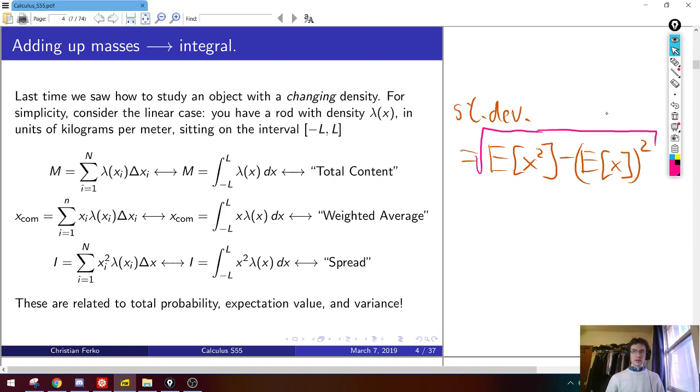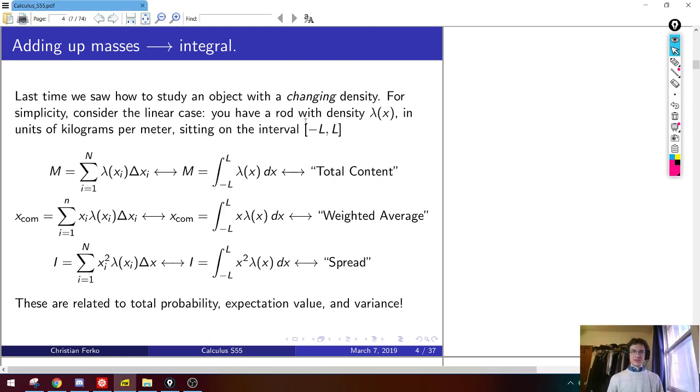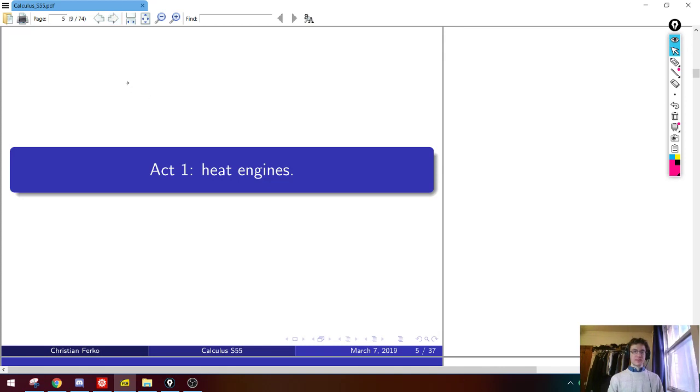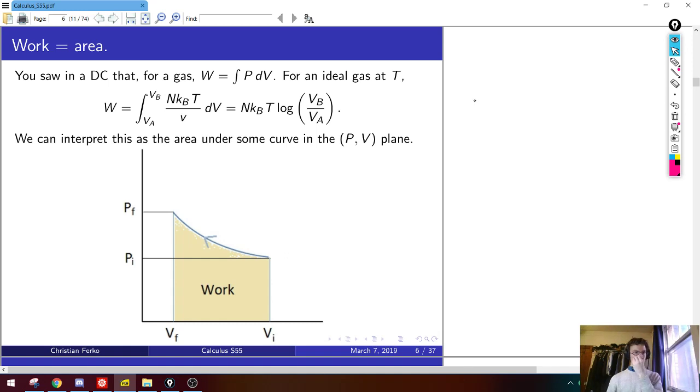Okay. All right, good. Well, let's finish the gas stuff first, since that was lingering from last time. So I was trying to convince you that integrals are useful in science, and we were talking about applications of integrals to ideal gases, beyond just proving the ideal gas law. So we got the barometric formula that tells you that pressure drops off exponentially under certain assumptions, and now I want to tell you about the beginning of modeling engines and understanding how you could do work with an ideal gas. Okay. So first, a review. I had you do this in this DC, where you were finding the work done by an ideal gas.